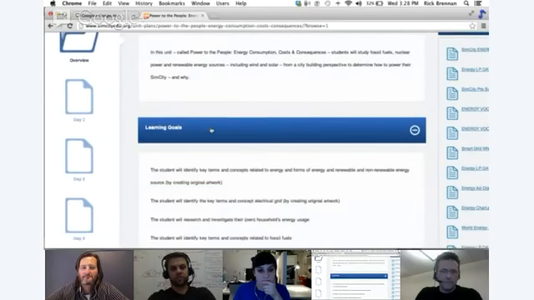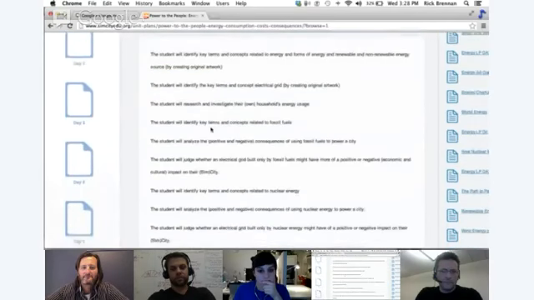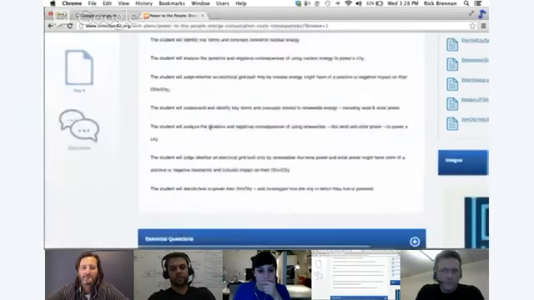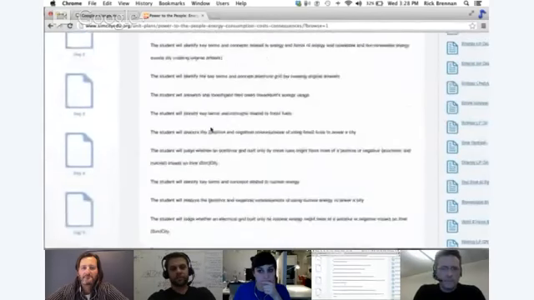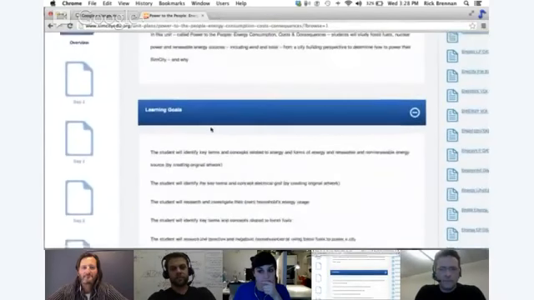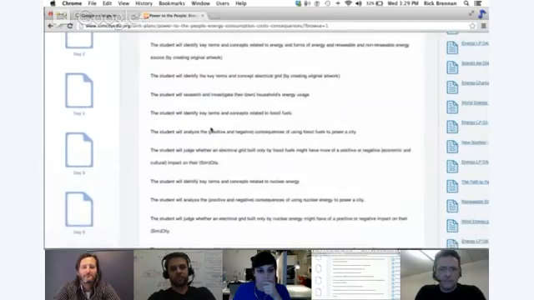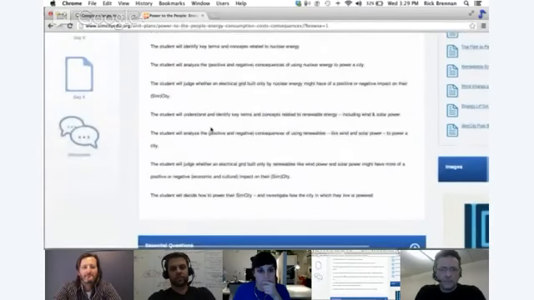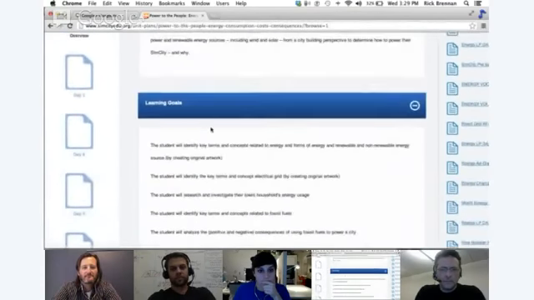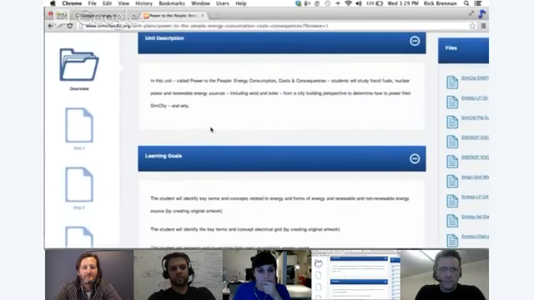This next field is the learning goals. The learning goals, as you can see, this is quite substantial. These are the learning goals for every single day. So all 5 learning goals are provided here. And you can see there are many. They're divided by day if you go to the day section on the left-hand side, but in the overview, they're